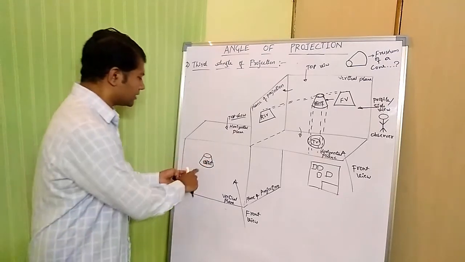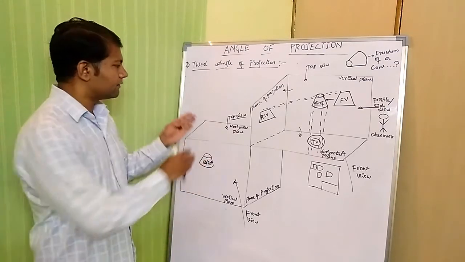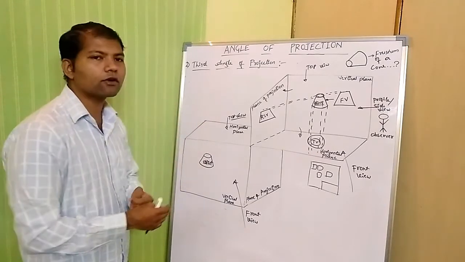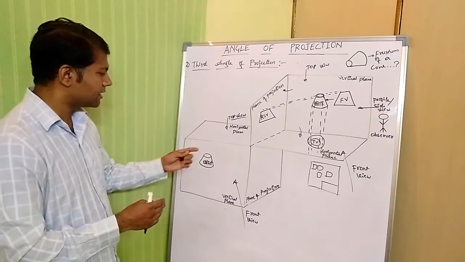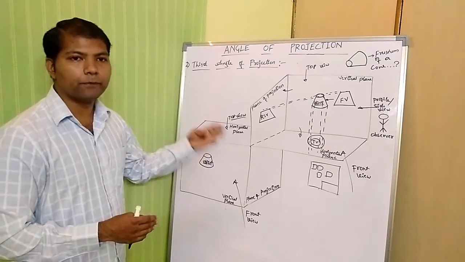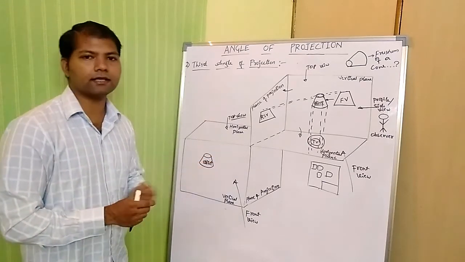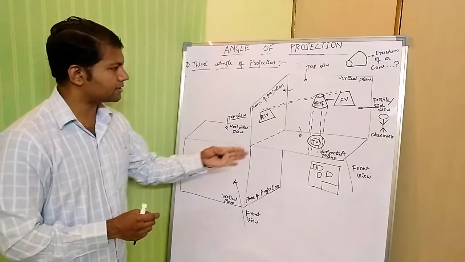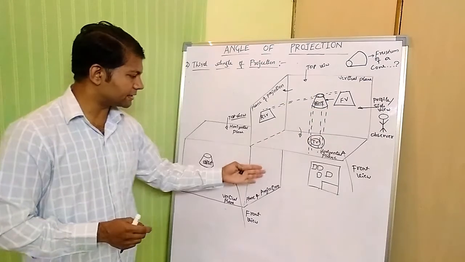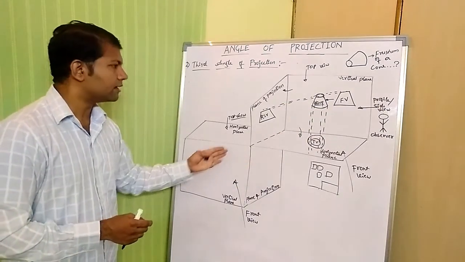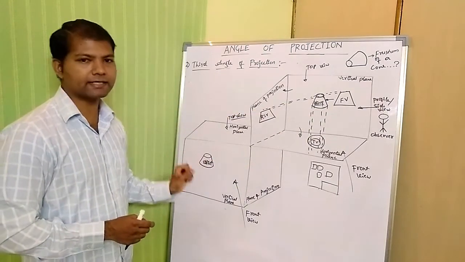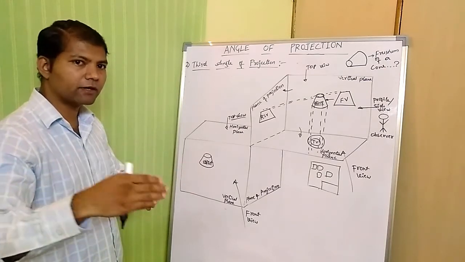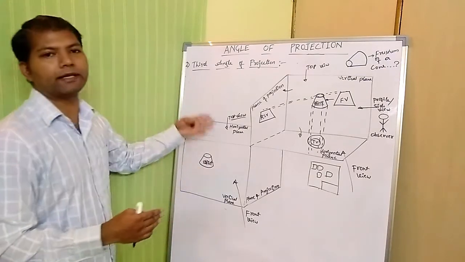vertical plane. So this time, with respect to these planes, the object for a third angle of projection is placed beyond the plane of projection and the observer. The object is placed beyond the plane of projection, meaning if the observer is there, it is beyond the plane of projection and the observer. The object is placed here. So similarly for you also, the same thing, the object is placed beyond you and the vertical plane.